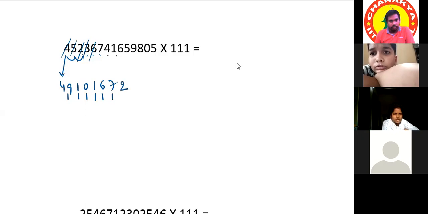We can cut 4: 1, 6, 4 is 11. Then we can cut 4: 1, 6, 5 is 12. Then 6, 5, 9, we can cut 1: 6 plus 5 plus 9 is 20.